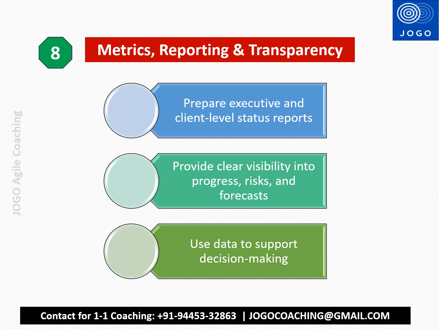The eighth key focus area for the Agile Project Manager is metrics, reporting and transparency, maintaining the transparency. In this aspect, the Agile Project Manager will prepare the executive summary and reports that are expected by the clients, etc. The Scrum Master will focus on delivering the project execution related metrics like burn down chart and velocity. Beyond that, there will be expectations related to cost, budgeting, milestone, and release. All those activities will be handled by the Agile Project Manager